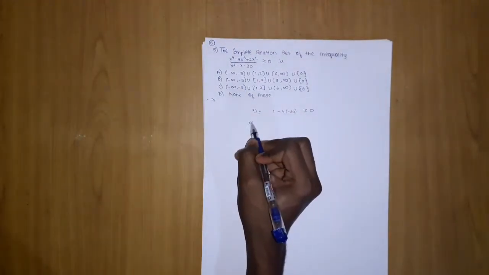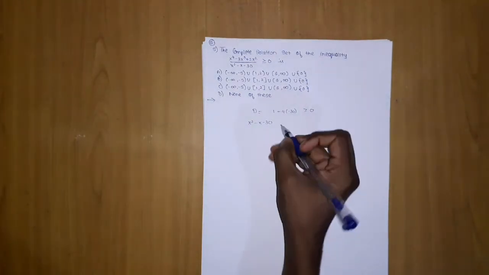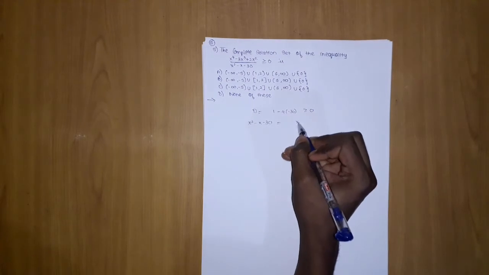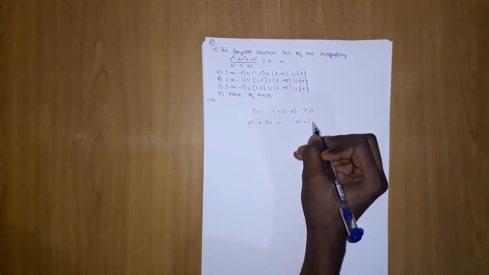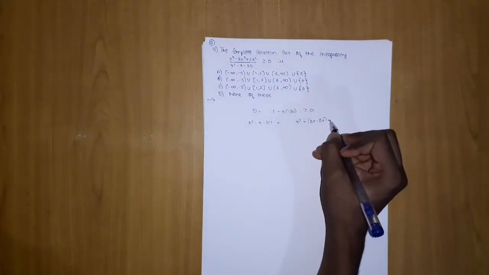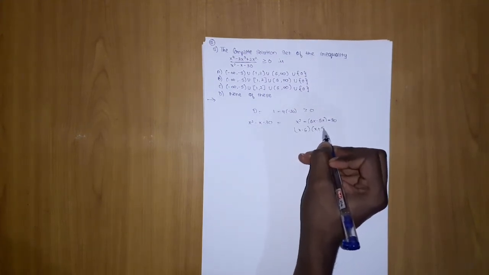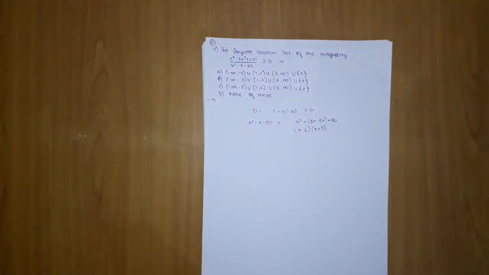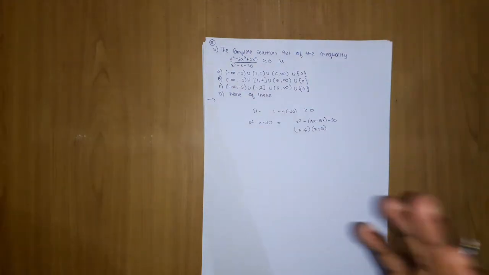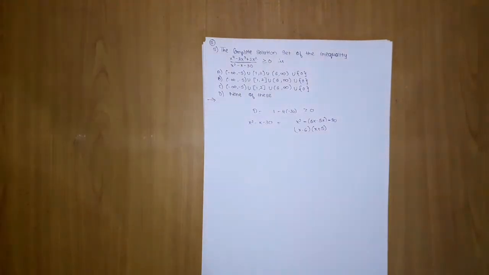Let's see whether it can be broken into its roots. So yes, it can be broken into 6x minus 5x minus 30. Okay, x minus 6 and x plus 5. Here we got this, so we will write it like this.